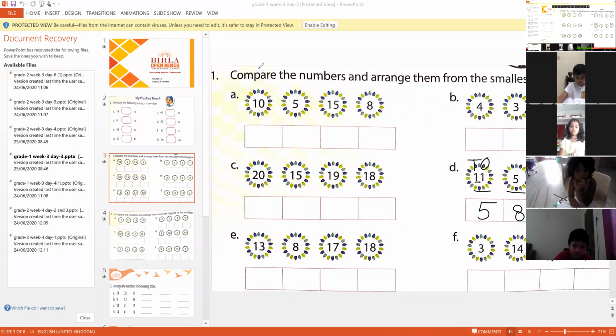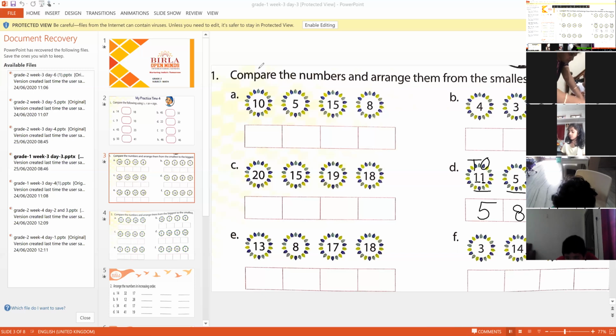So we will move to the numbers in the ones place. In 11 we have 1 in the ones place, and in the number 13, in the ones place we have 3. So children, we have to compare 1 and 3, and we know that 1 is always smaller than 3. So 11 is smaller than 13. So first we will write 11 and then we will write 13. Okay, children? Now we will move to E bit.